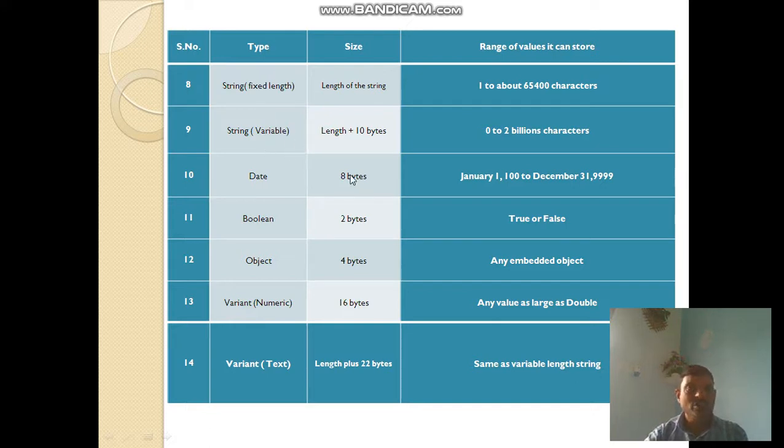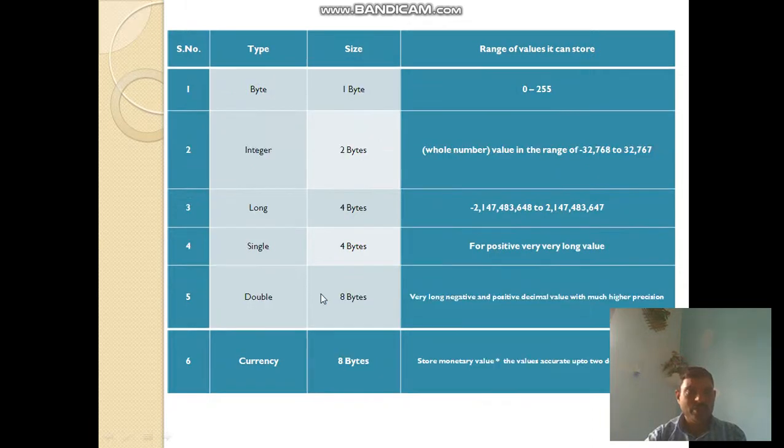If you want to store a date, the Date data type is available. Boolean stores true or false values, Object stores any embedded object, and a Variant data type stores any type of data. Okay, thank you.